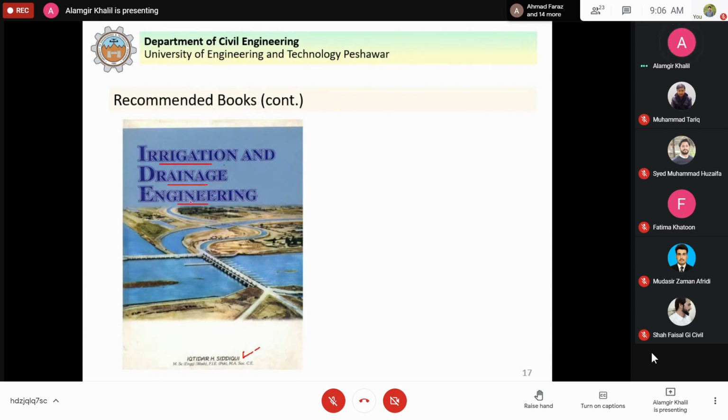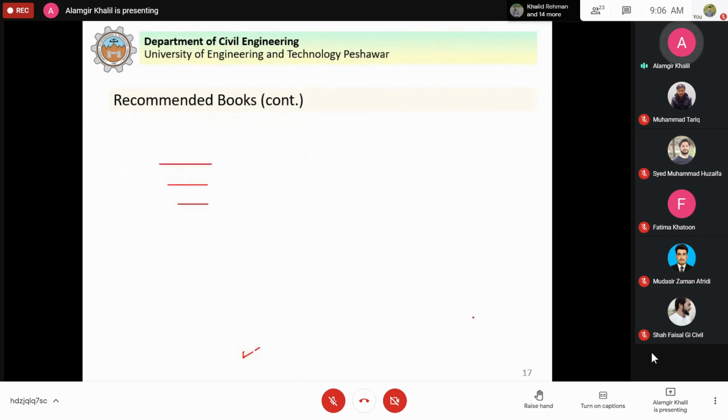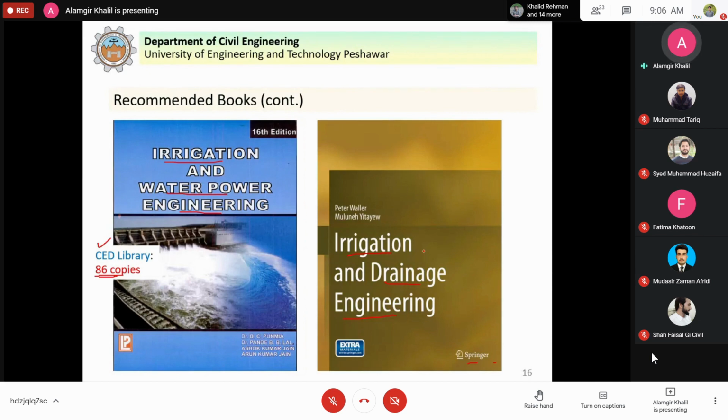So this is also a good book. And another book is Irrigation Engineering by Sharma. Now you can see here most of the books are either Indian or by Pakistani authors. We also have books, for example, Irrigation and Drainage Engineering by